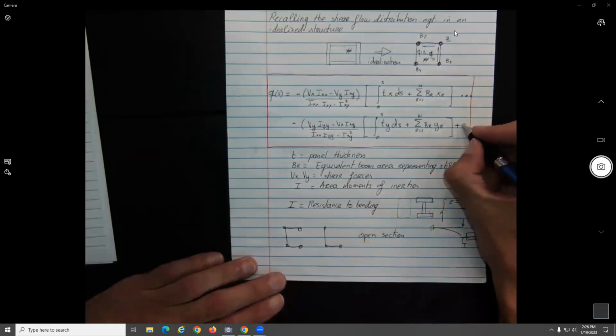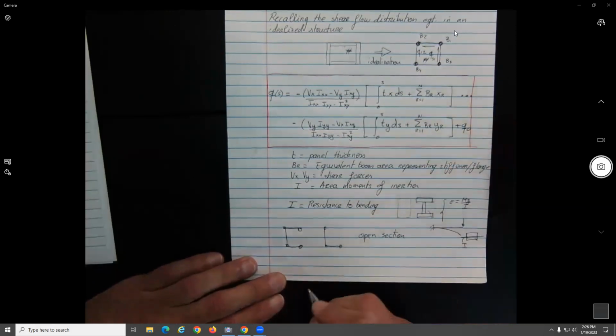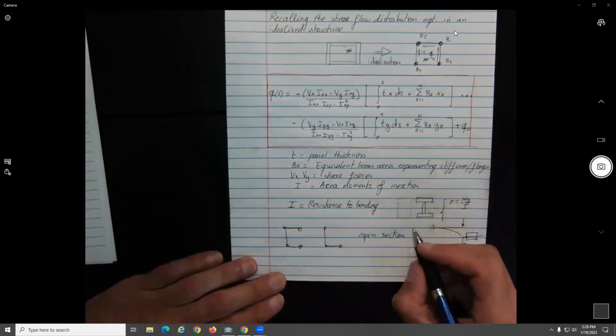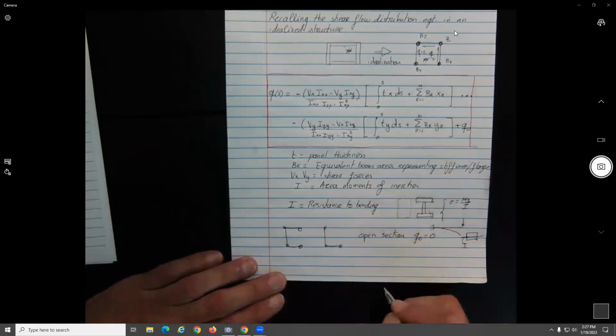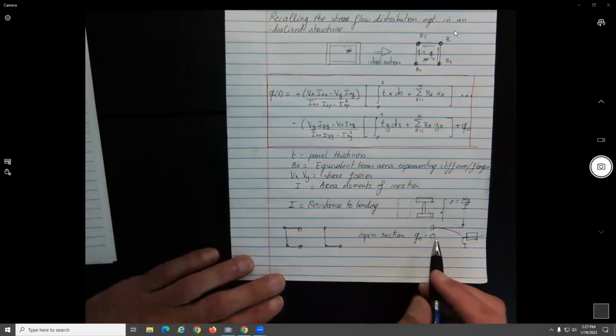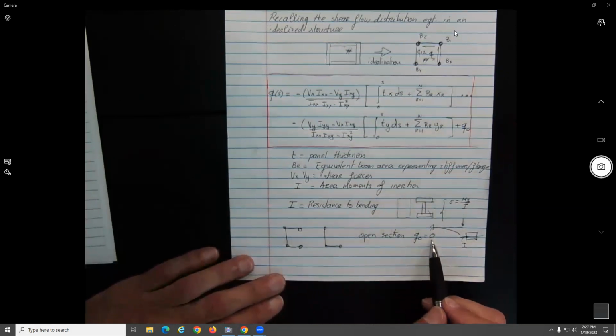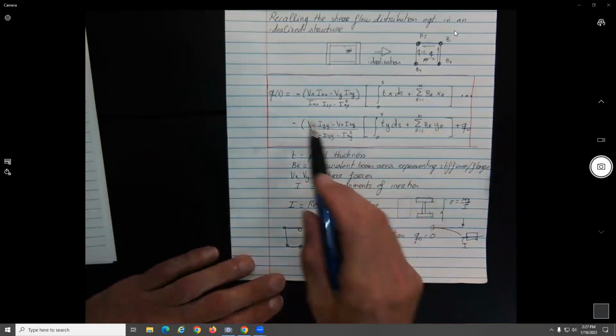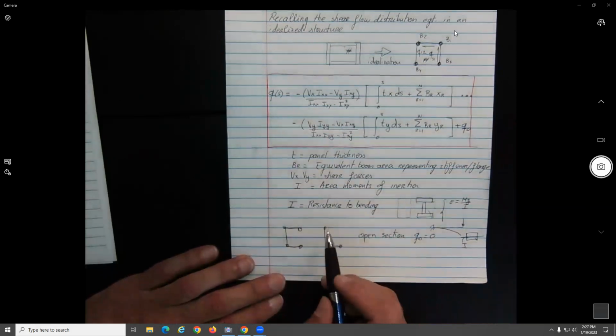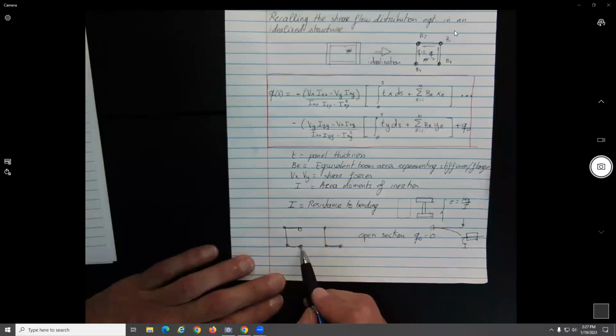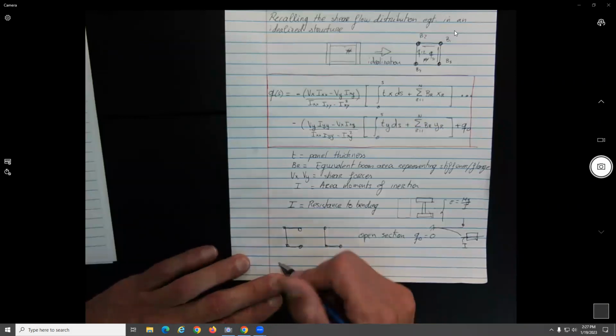So here I'm going to put a Q sub naught, a value Q sub naught at the end of the equation here. So for this section, for open sections, you have Q sub naught equal to 0, because what does that mean? It means that here you could start calculating the shear from here, because you know the shear here will be 0, no? And you can start moving from this end to this end. Here, the same thing, you can start from here to here. However,